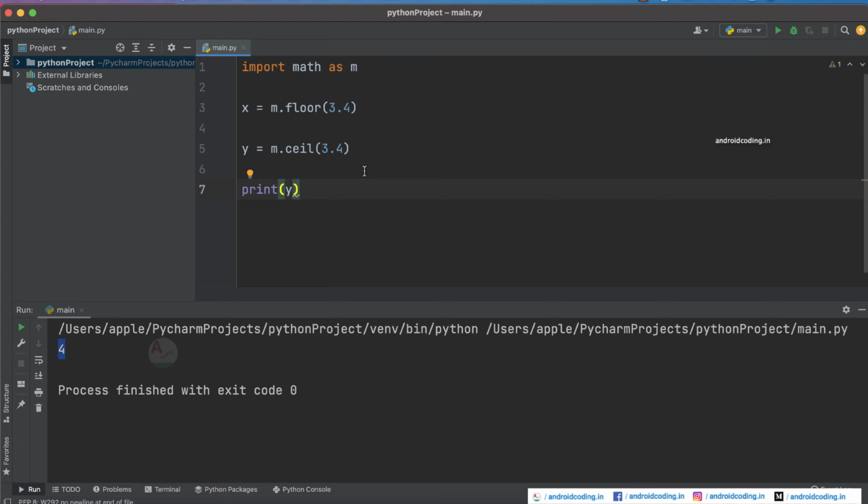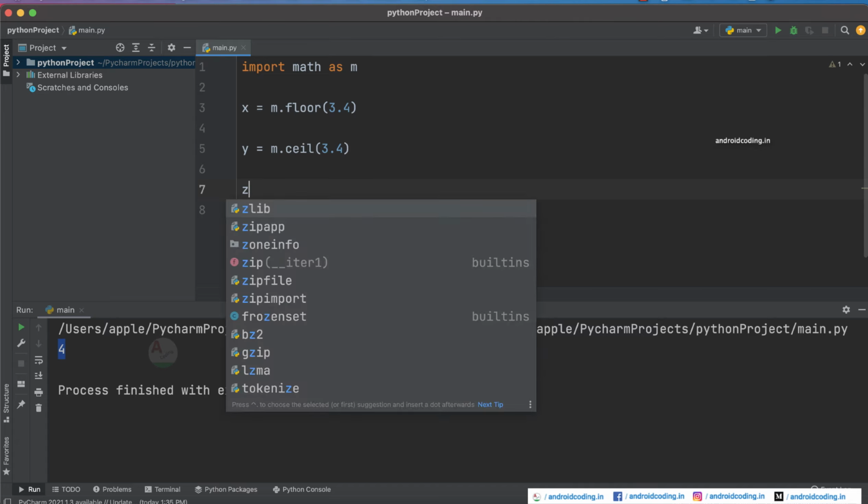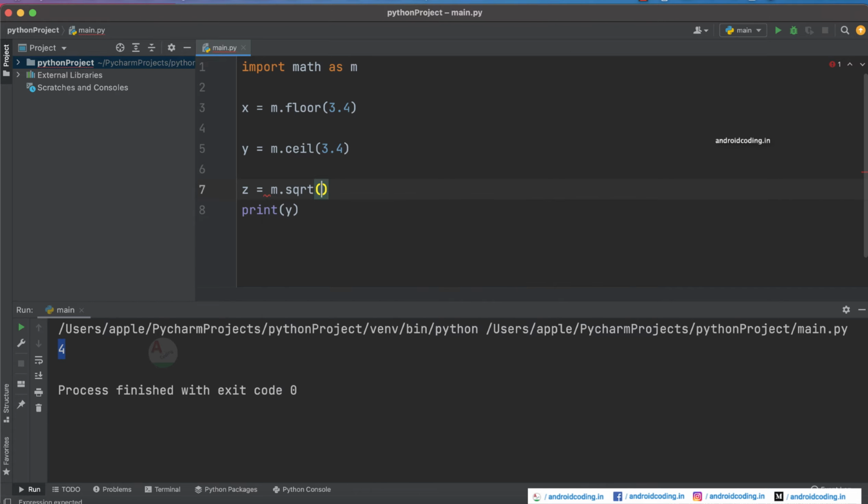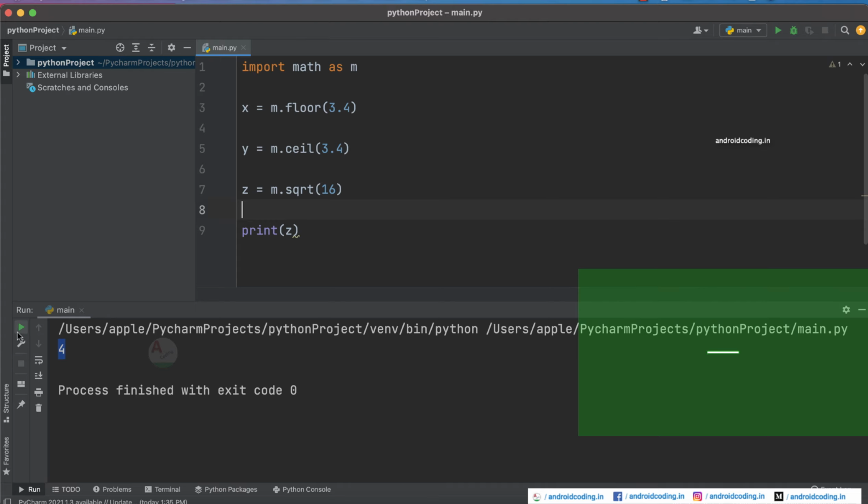So these two are the general things, and now let's get started with a few complicated things. These might not be complicated, but in general programming it's difficult to solve them, but by making use of the math import it's much easier. So z is equal to m dot square root. So now let's try to provide 16 here. I think it's easy to understand, you might provide any other number also. So now let's try to print this and see the output.